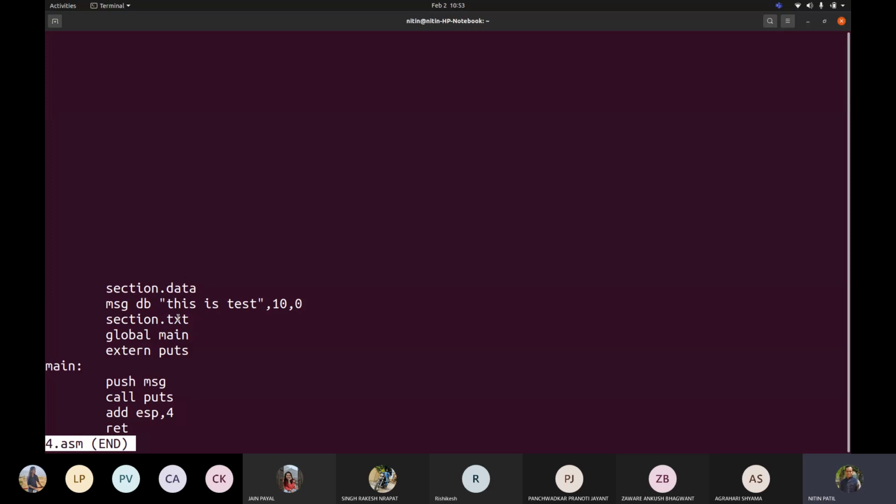Fine. So I expect you to find out such kind of problems. I cannot say problems, rather such kind of adjustments which could possibly be made by my program. Right? Try doing it. So you can even add a section.bss, and in section.bss define the variables using db instead of resb.